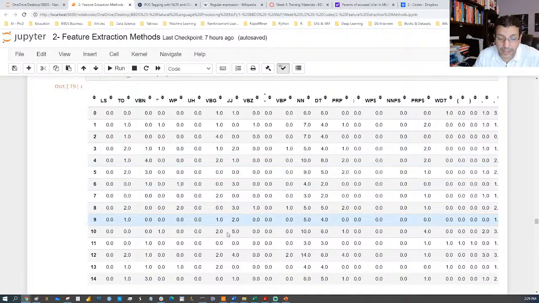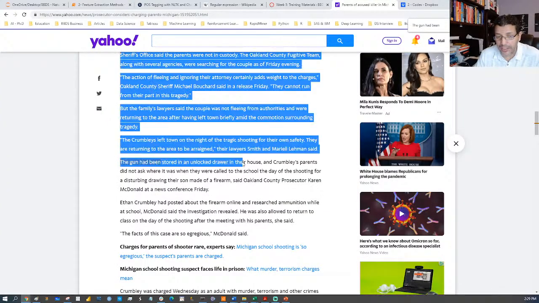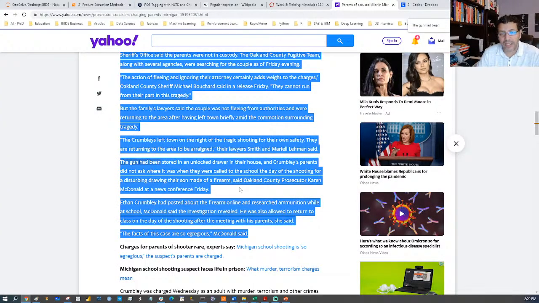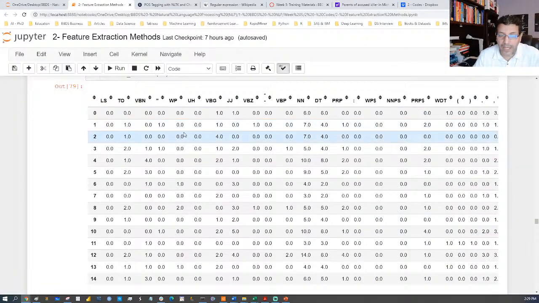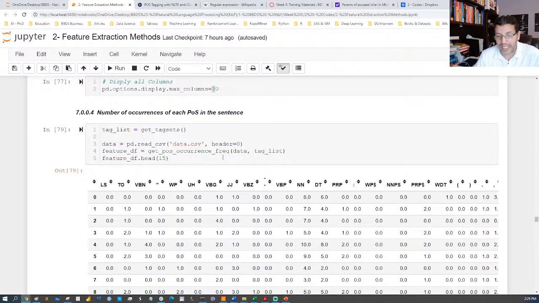So we started with a text, no structure. There is no structure in there. It's totally, I would say, impossible to use any machine learning, any statistical analysis, any scientific method on this unstructured data. But now we have a tabular format that we created using the tagging and the counting of the tagging